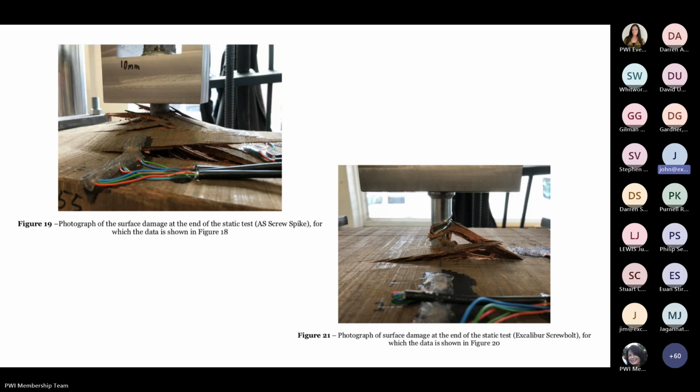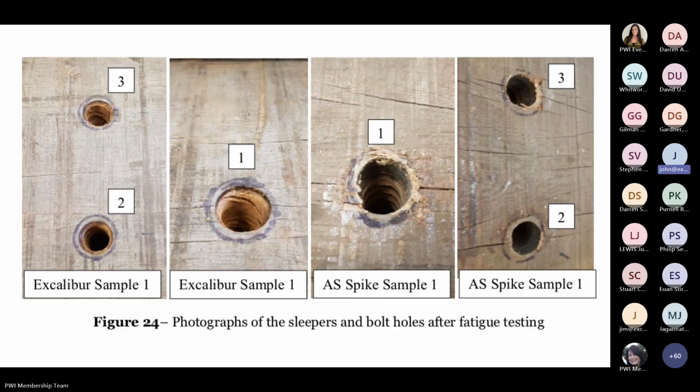Food for thought, maybe. Can we have the next slide, please? Right, so again, these are samples that were taken, sample pictures taken at Southampton University. The picture on the left here that we're looking at is obviously the insertion of Excalibur